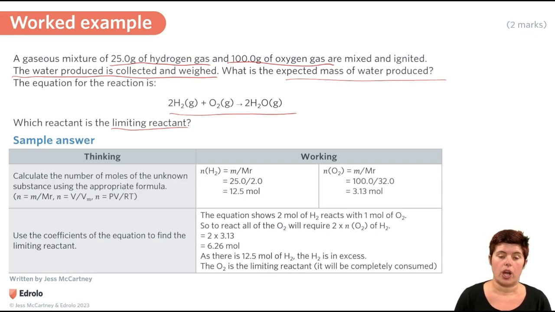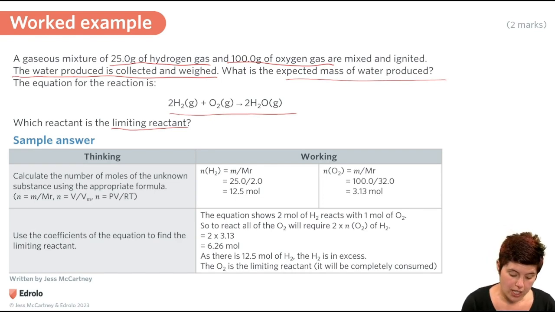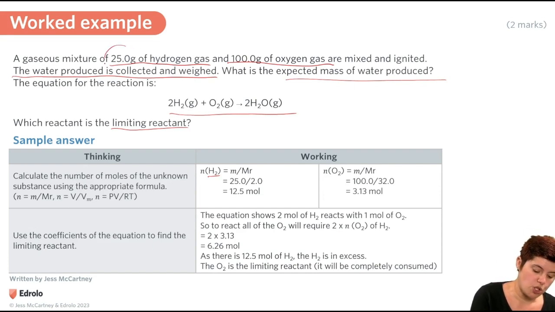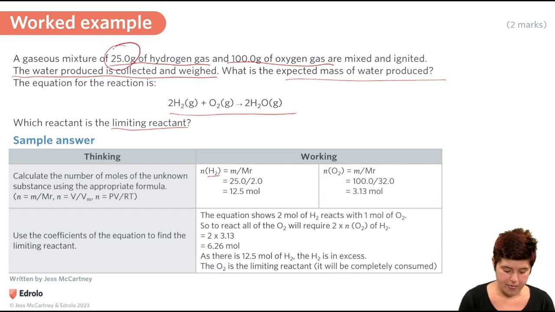Okay, so how you work through this is just following the steps that I provided in the previous slide. The first thing you need to do is calculate the mole of both the reactants. So we're going to calculate the mole of hydrogen. Using the information in the question, you have 25 grams of hydrogen, so we're going to use the mass over molar mass formula. The mass is 25 grams and the molar mass is 2. Remember, that's found on the periodic table as the atomic masses added up. 25 divided by 2 gives you